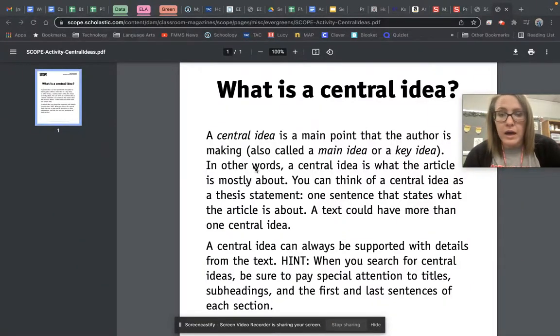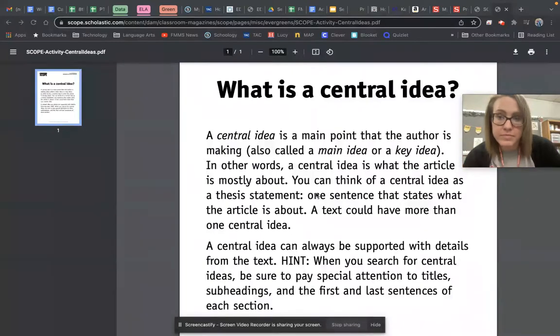Now, I don't want you to write everything down, but I liked this, thinking of your central idea as your thesis statement. So, your umbrella statement that talks about what the article is about. So, like thinking of like after you read an article, what is the thesis statement of what the article was about? I don't want you to say this article was about, but if you just say, like thinking about the movie